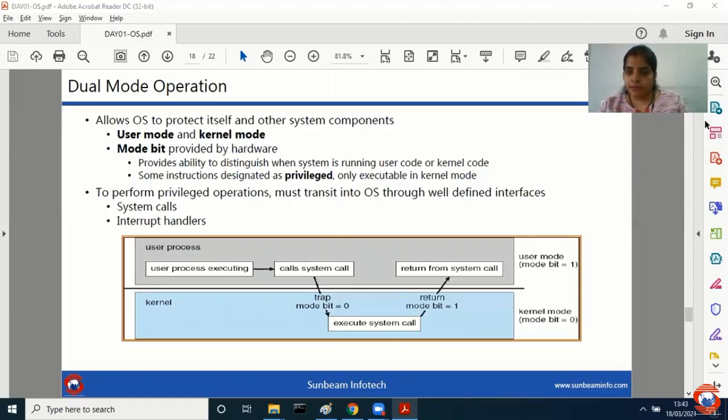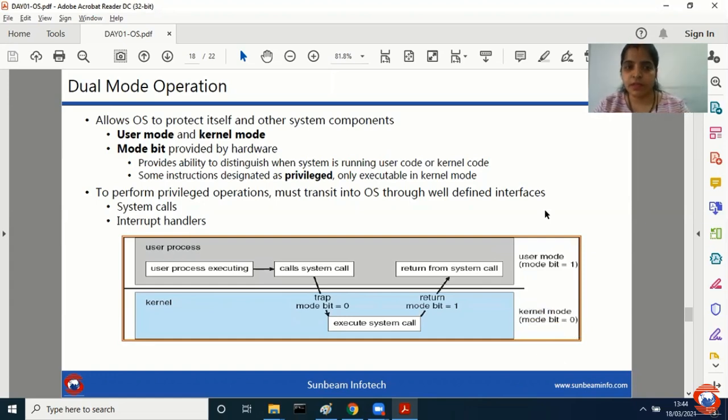If I am working at system level, if my operating system is executing system calls, then the mode bit is set to 0, and that is called kernel mode. If my operating system is helping me execute user processes, in that case I am on the user side, that is user mode. Mode bit is equal to 1 if I am in user mode, mode bit is equal to 0 if I'm in kernel mode.